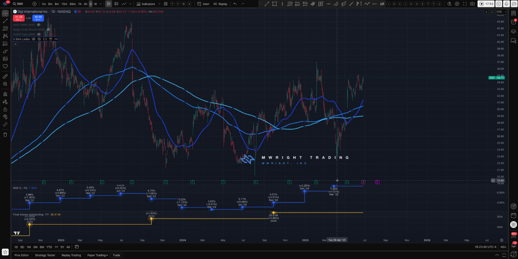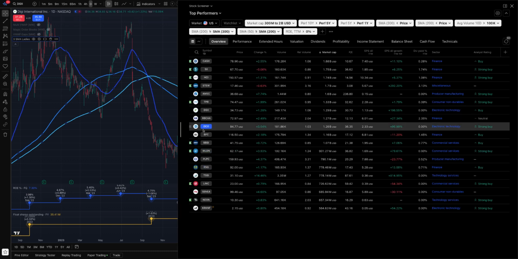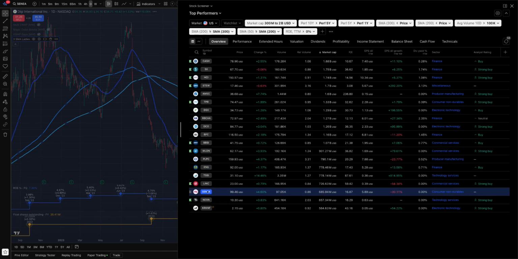We have, for DGII, the ROE increasing. We have these things stacked. We looked at the short term. Now we've looked at the long term. So like I said, this is something I got into recently. So hopefully that'll turn out okay. There's another one I wanted to look at. Let's go back to the screener. Let's go to SENEA,